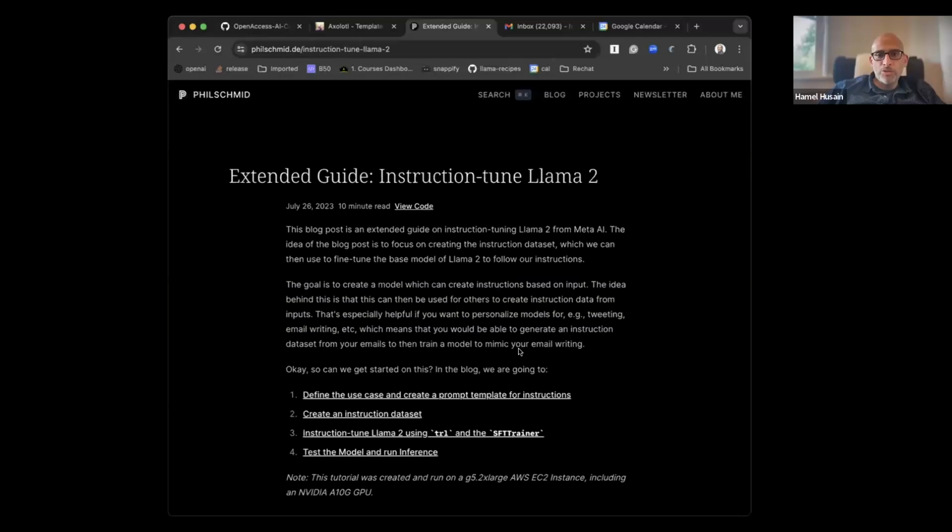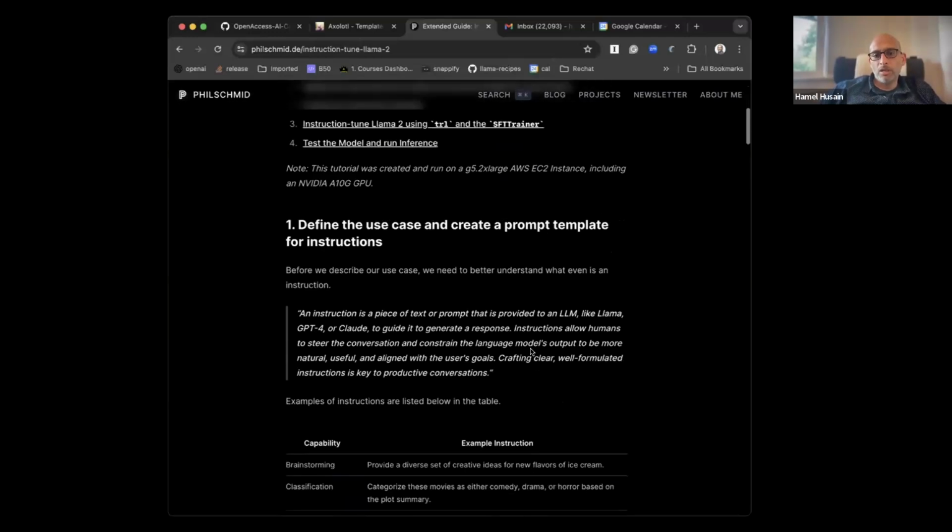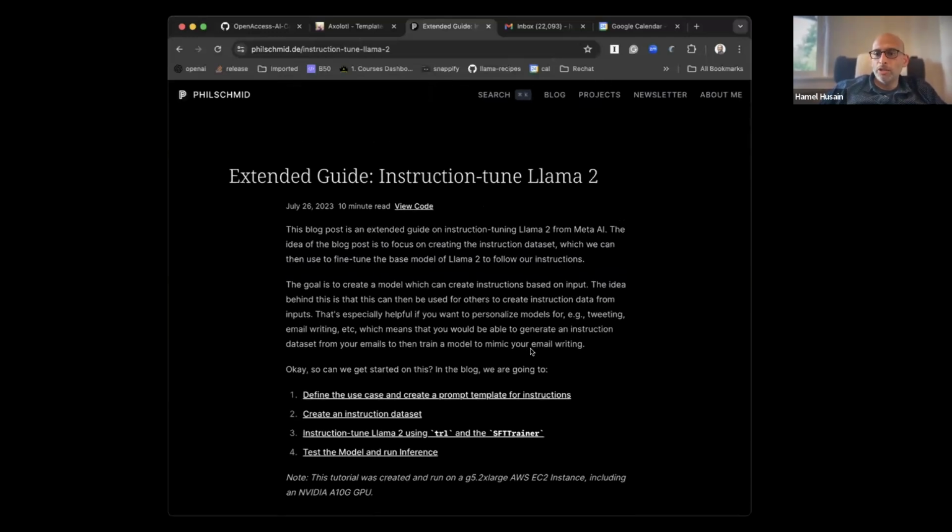Just to get more intuition about conversational data sets, I really recommend that you instruction tune a model. So you have some intuition on what conversation data set means. It'll give you some grounding and you'll realize, oh, it's just the way the model was trained. There's nothing special about conversational data sets versus another kind of data set.